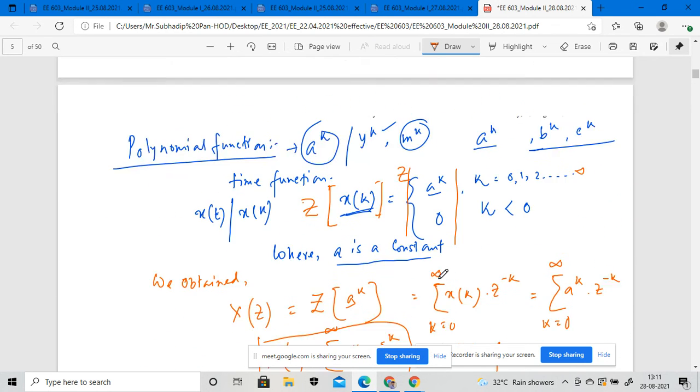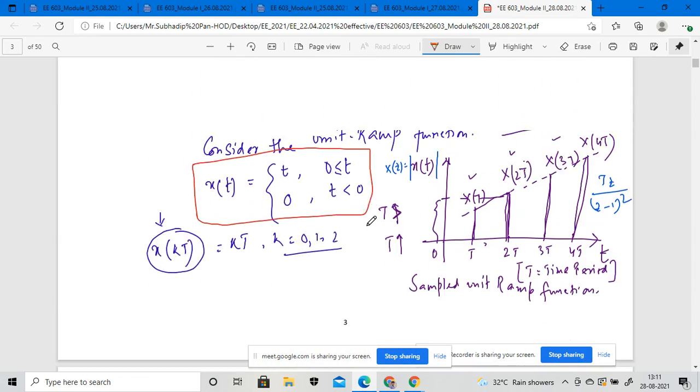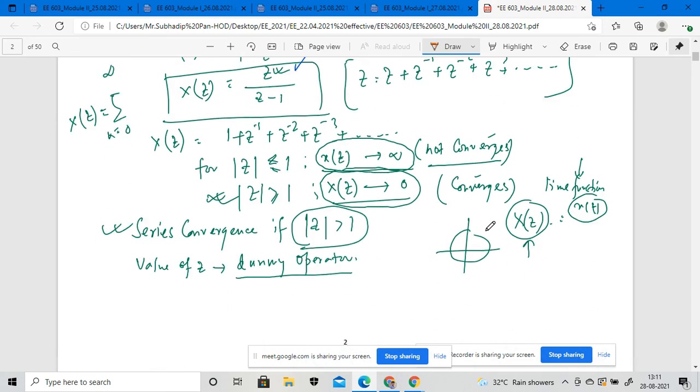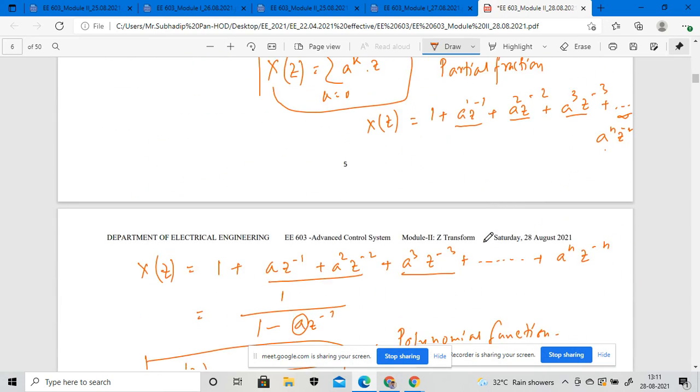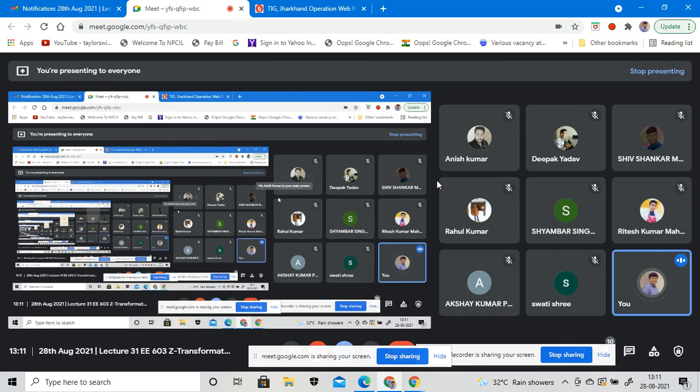You will observe that for the ramp function, my z transformation method will be different, and whatever output comes is different. For the unit step function, the values of the z transformation will be different, and the same thing we apply for the polynomial function will also be different. Accordingly, we apply the same thing in exponential functions also.